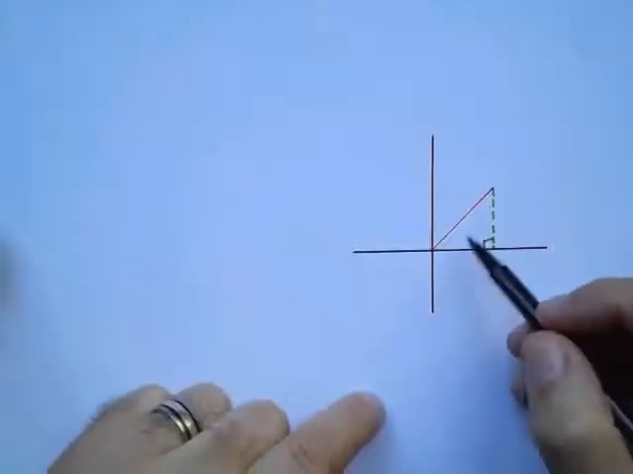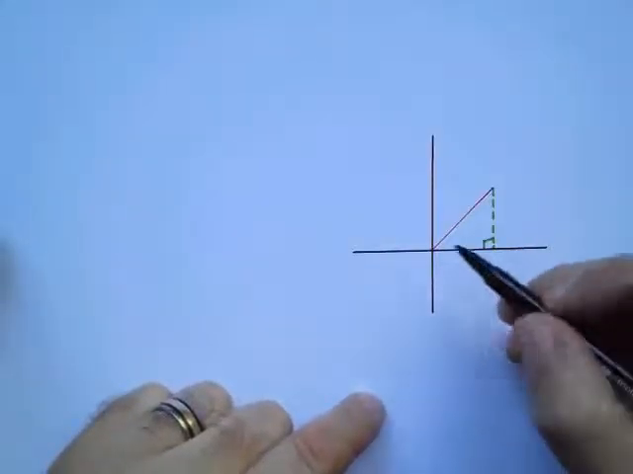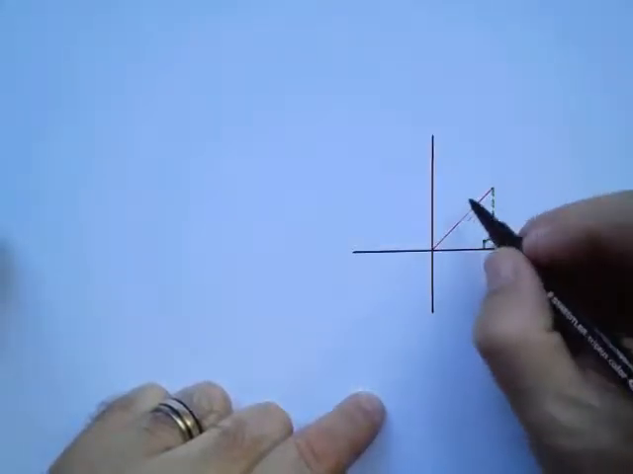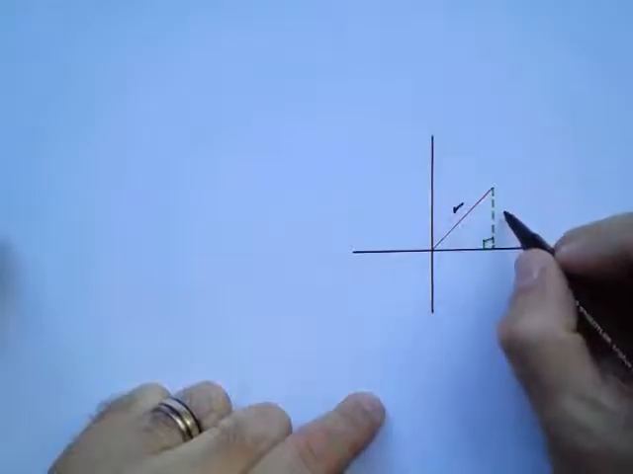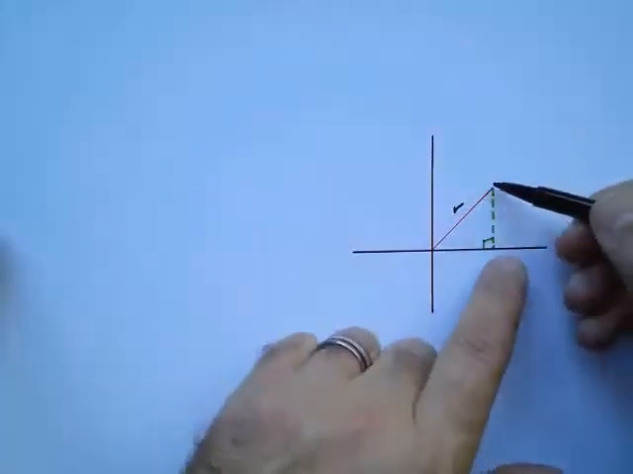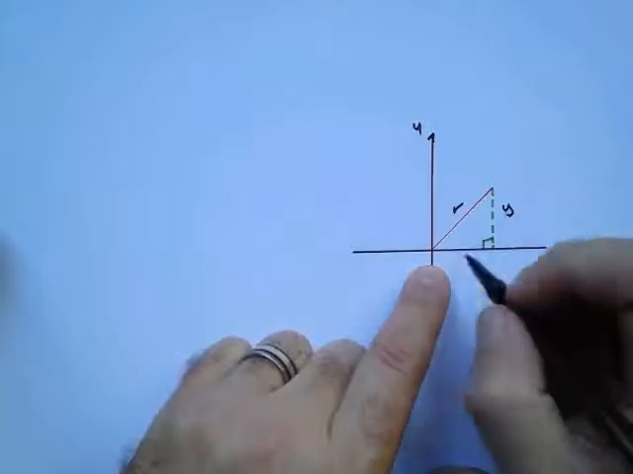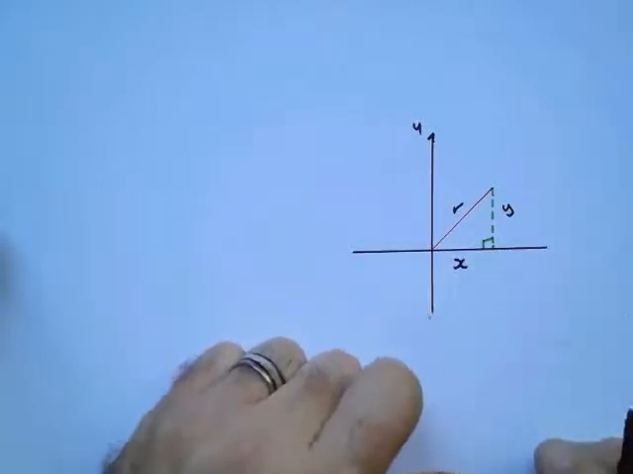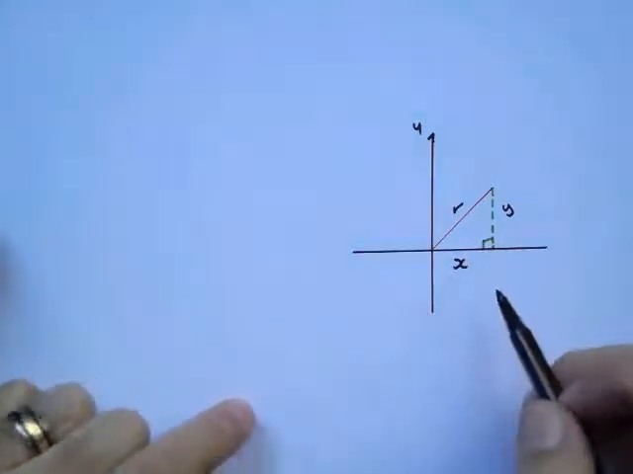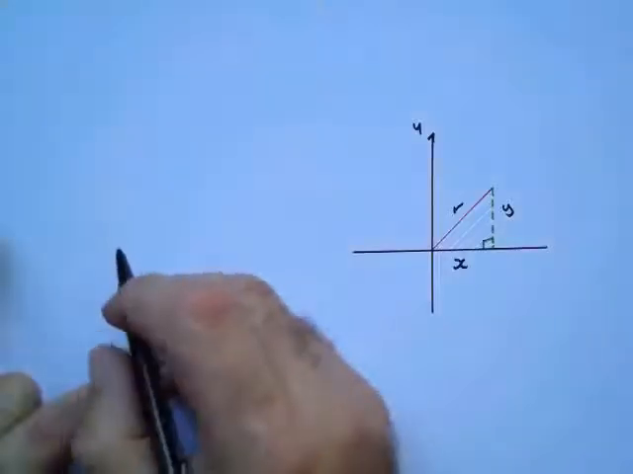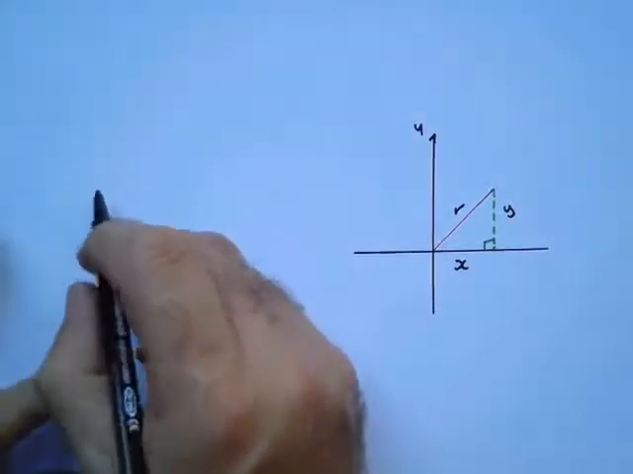Let's have a look at this graph. Okay, I have a line that we're going to call R, and this distance is on your y-axis. So this is going to be your y distance, and this is going to be your x distance. Okay, because this is a right angle triangle, I can say that